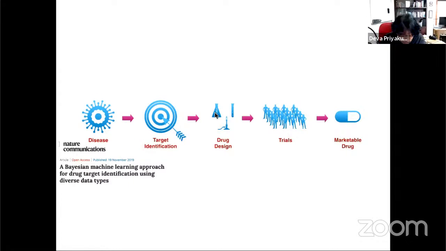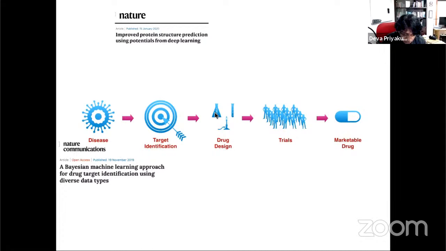Okay, so once a target is identified, what is a target? Usually a protein molecule, right? We have identified a target which can be targeted now. So once I have a target, getting the sequence of these proteins is not so difficult these days, right? So once I have the protein sequence, what if there is an algorithm which can take just the sequence of the protein and then give me a protein structure, right?